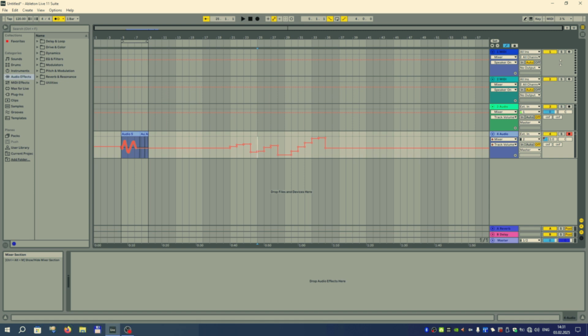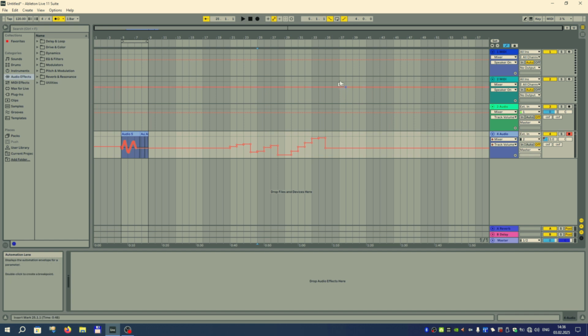So the next one is the MIDI map mode switch, and it works the same way but for external MIDI devices. And the next one is just the CPU load meter, and the one nearby is the overload indicator. So they will show you whether something's going wrong with your CPU or your disk. The biggest area in the middle is the main lane area if you are in arrangement view, or clips if you're in the session view.